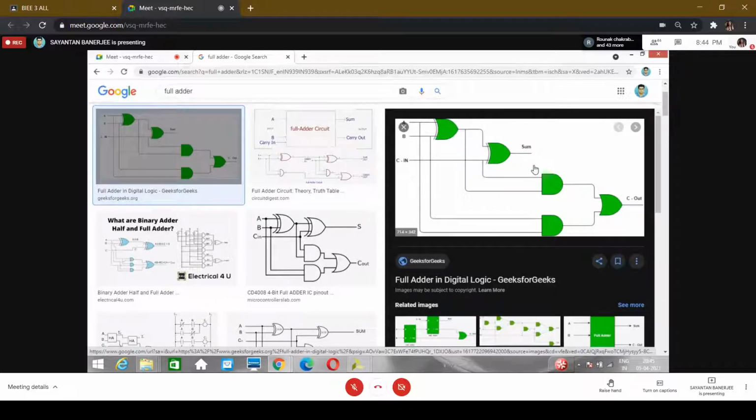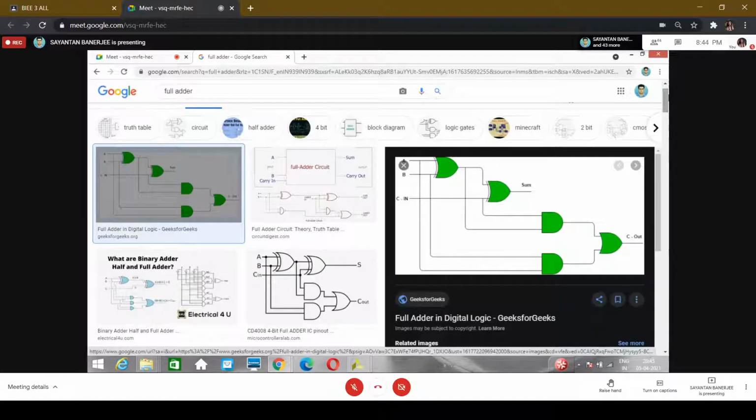Everybody can see this diagram? Yes, sir. Okay, so here this has been implemented using two input OR gates and two input AND gates. First we are XORing A and B. This is wire W1, this is wire W2, this is wire W3, and these are also wires.